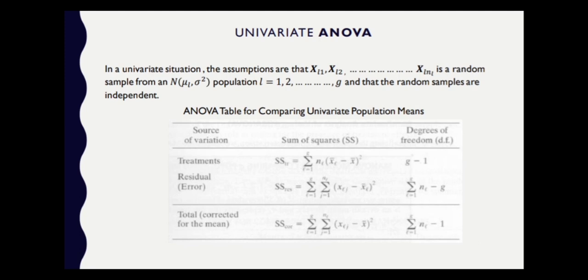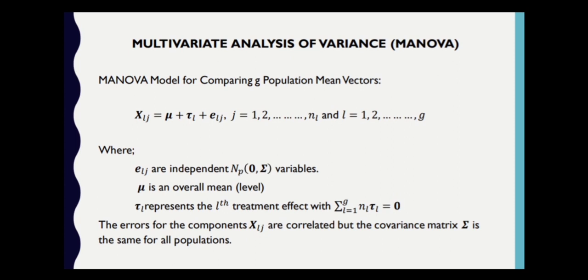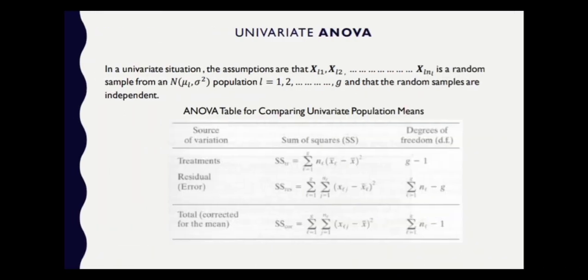Okay, so today we proceed with comparing several multivariate population means, which is when your population is more than 2, you will use the one-way MANOVA, because we deal with multivariate. Okay, so actually for one-way MANOVA, it is one-way MANOVA, but before that we flashback first about the univariate ANOVA,